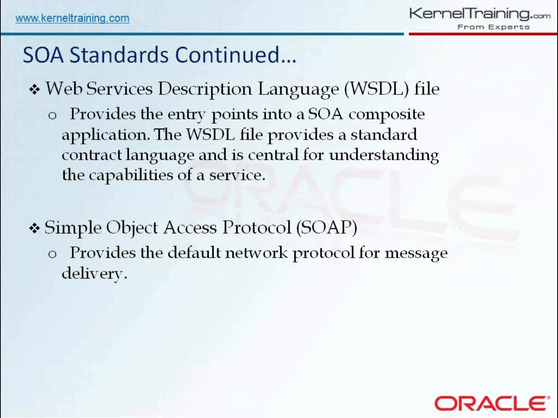While checking a WSDL file, you can easily come to know what different operations it is performing. For example, you want to do insert, update, delete, or select operations on the database. So now you have 4 operations, and in the WSDL file you can define all of these 4 operations. For each operation, you define what your input and output will be, and you can define your service endpoint URL. This is what WSDL is used for. Similarly, you can define any web service.